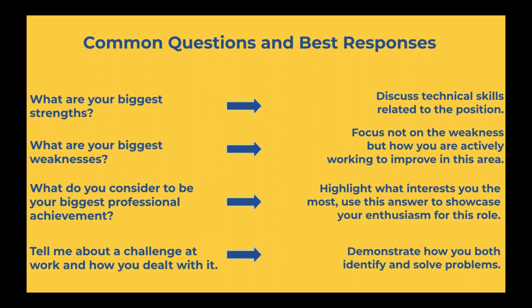Another question you might be asked is, what do you consider to be your biggest professional achievement? This is a good time to highlight what interests you the most and what makes you most enthusiastic for this role. You can use this to drill down on areas in your professional experience where you know that you can thrive the most, and show that your professional experience is not just experience, but also something that really excites you and something that you're enthusiastic about,